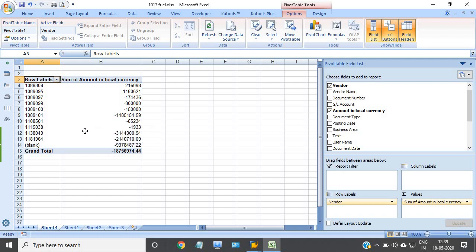I have entered 45 fuel vendor details, but open items are pending for only these 10 vendors. Open items are available till today's date for these vendors. The open amount is 1.87 crore. So this is the method by which you can check multiple data, how you can feed multiple data in SAP through the clipboard.